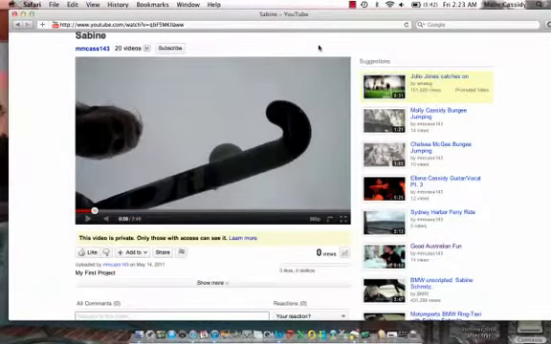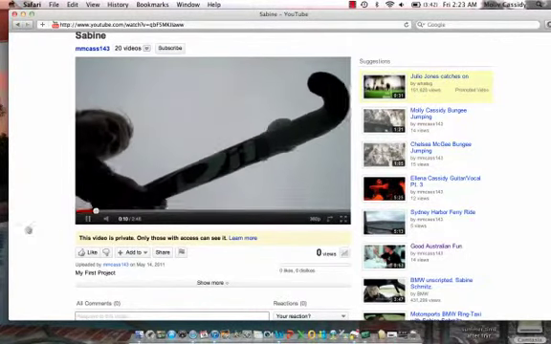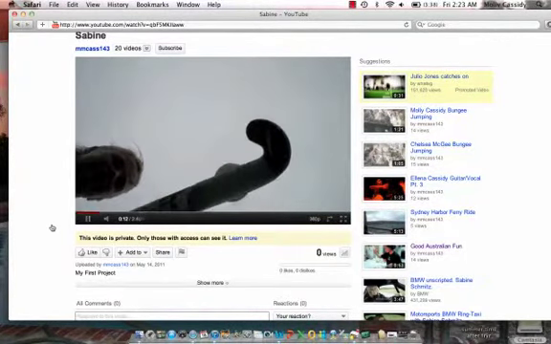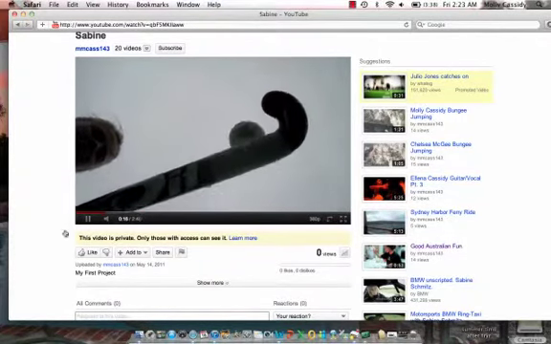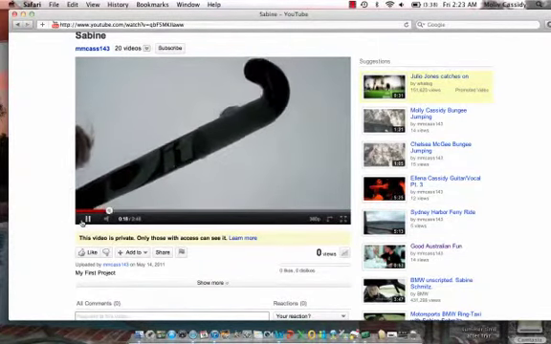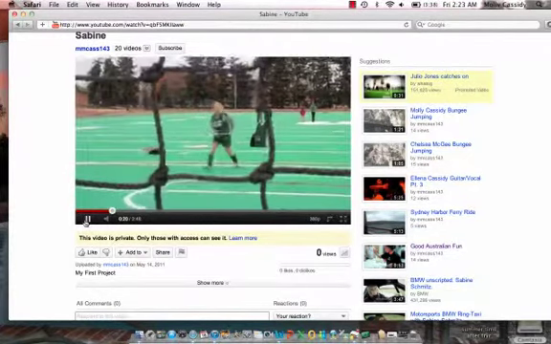Next, if there's anything you learned from this tutorial, let it be this: think creatively. Let's check out this next video and look at these camera angles. In this first clip, it's a little bit risky and you could get hurt, but it might be worth trying. It's definitely different from a typical angle of on the ground.